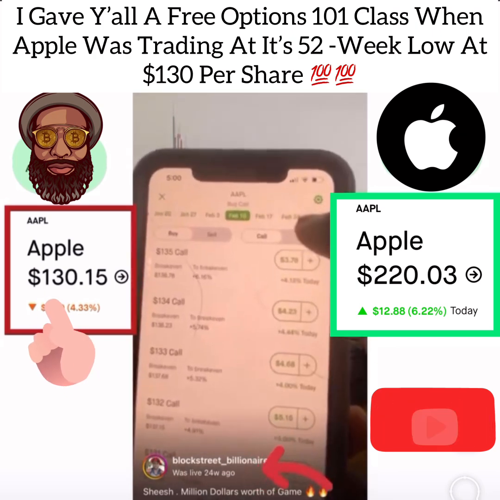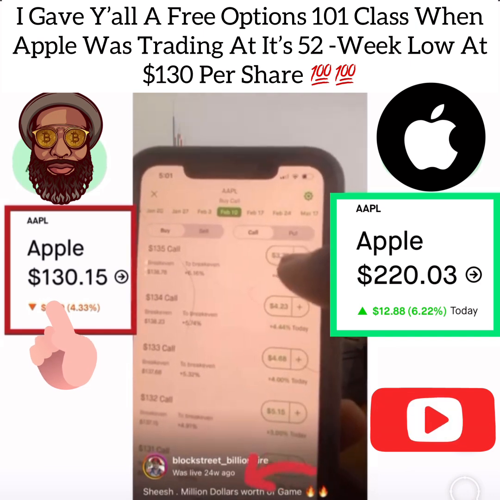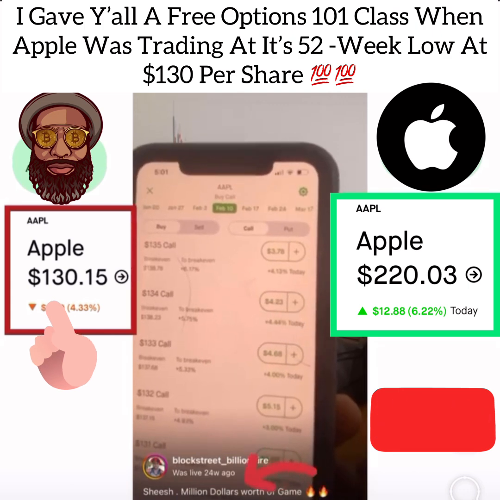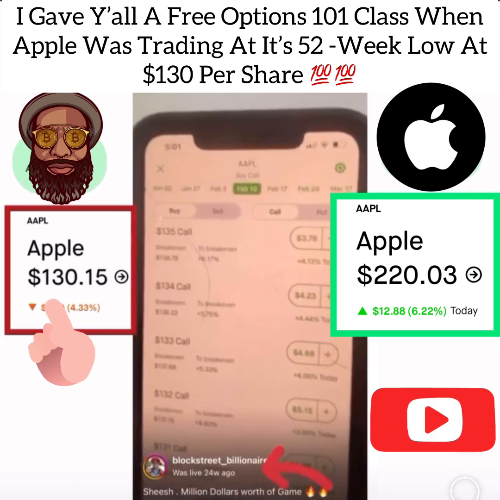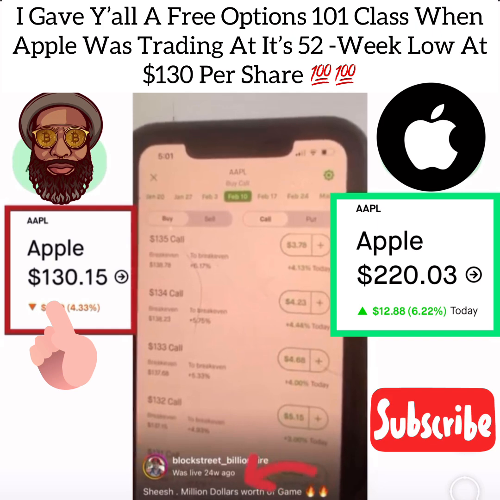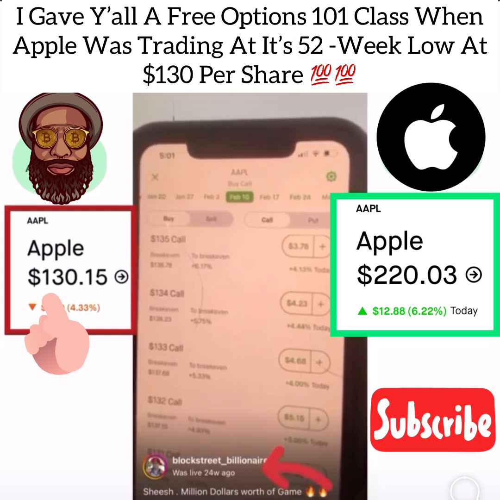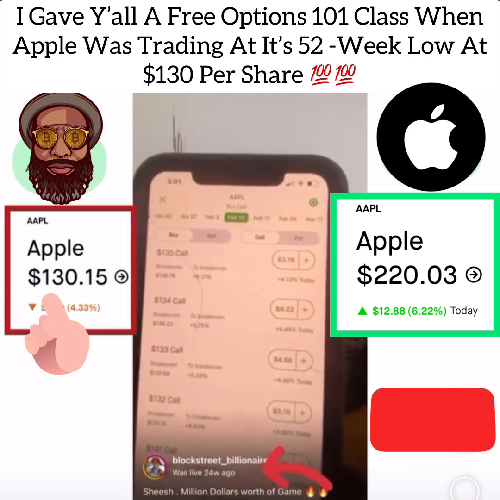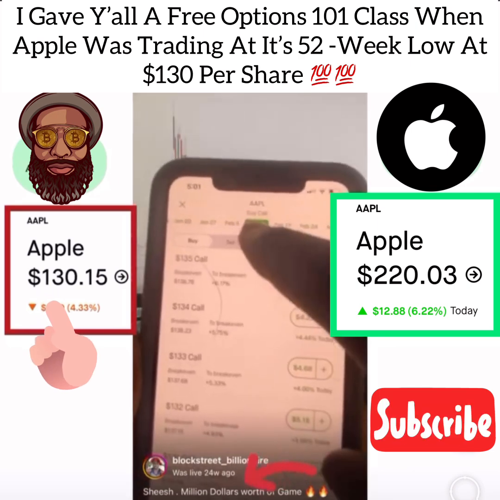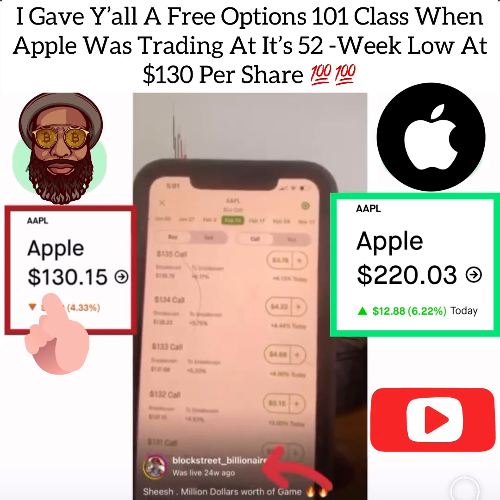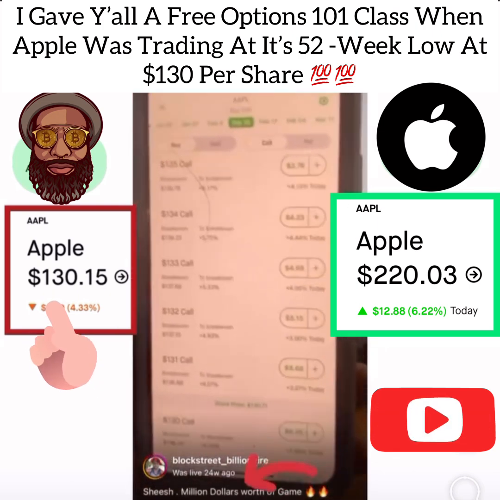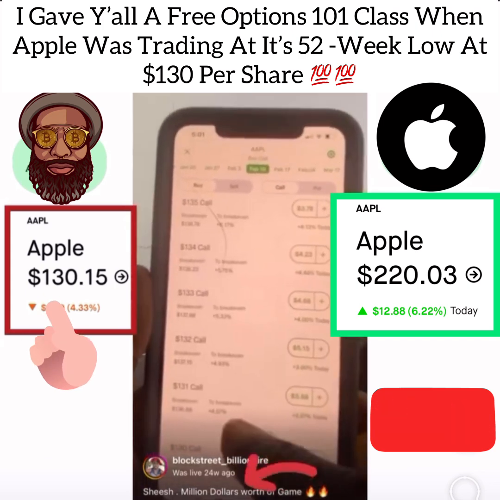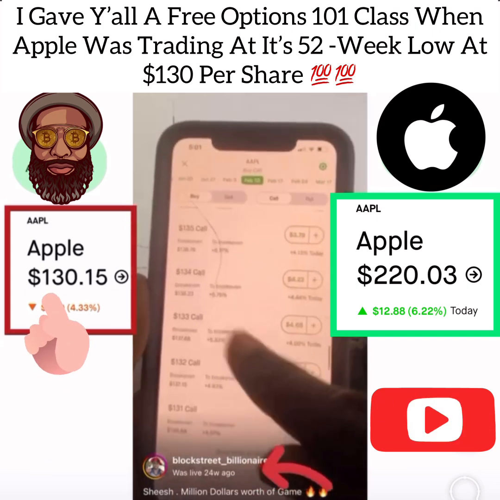You can do that by using puts, right? You can use puts to buy a stock, like when the market is going down. Let's say Apple is going down, and you want to own the shares, but you like, you know what? I want to buy it much, much cheaper. You can use puts, but I don't want to confuse y'all so far. Okay, so here, if you were to buy, and this is what most people are accustomed to doing, buying. So let's say you're predicting that, okay, Apple